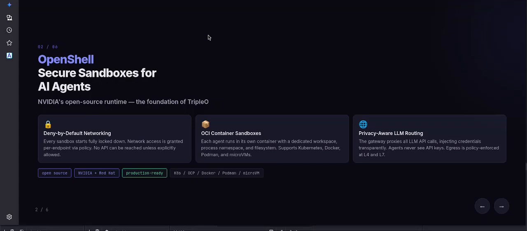So what does Openshell provide? Firstly, it acts kind of like a firewall for AI agent sandboxes, and it has deny-by-default networking. It means it has deny all in the end, and a whitelist for things that you want to allow. For example, you want to allow access to GitHub and GitLab and Jira. You allow this in its policy.